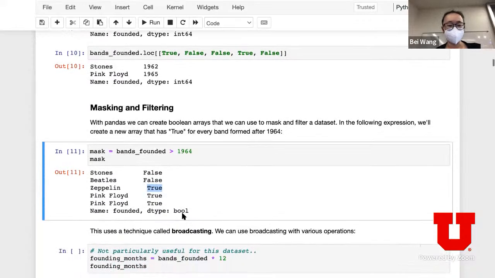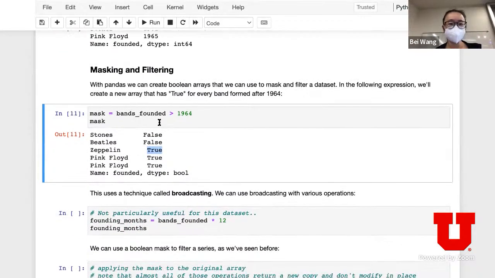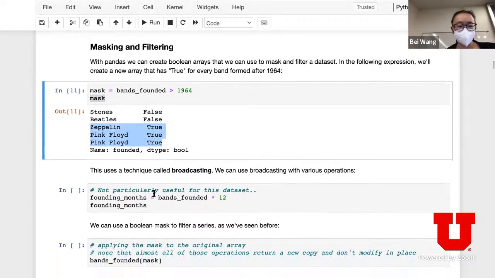Once you have this mask, you can use it to filter at the same time, a bit of a combined effect. If I look at this mask, it only gives true to the data records that satisfy my condition. Okay. This is called broadcasting. In this particular case, I'm using an inequality to do the broadcasting, but I can also do numerical operations.